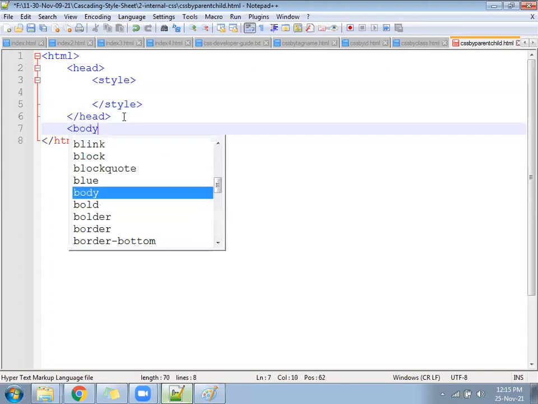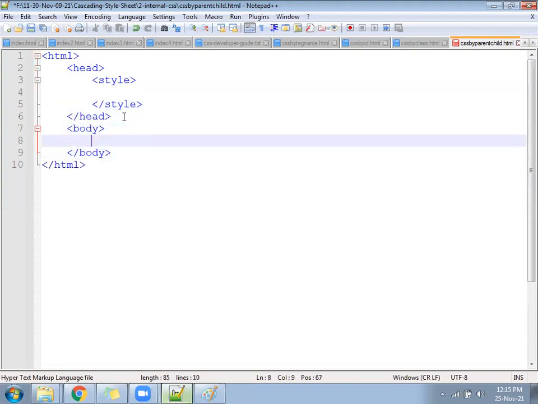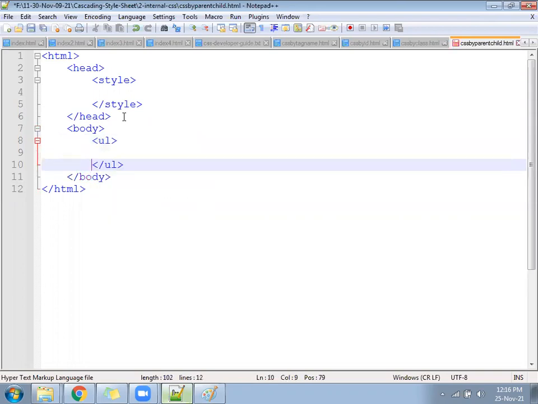Body open close. Follow the UL tag and follow the li tag.